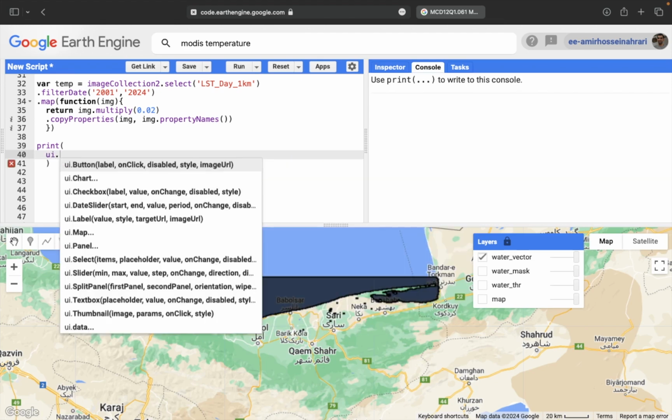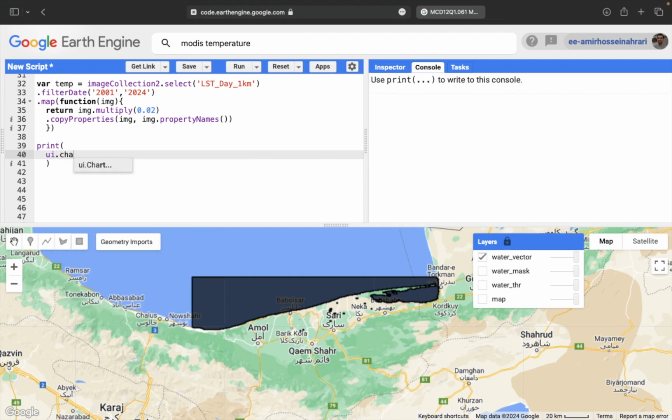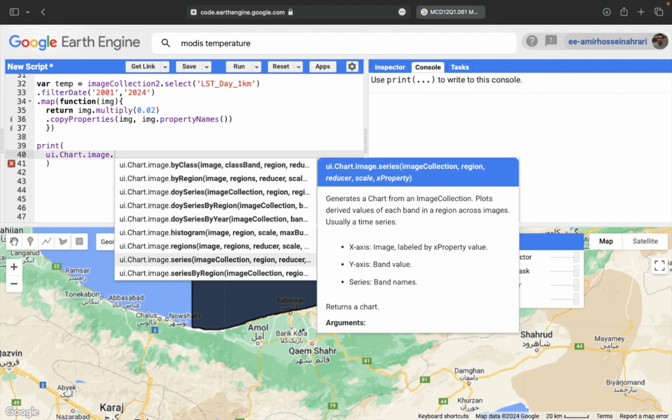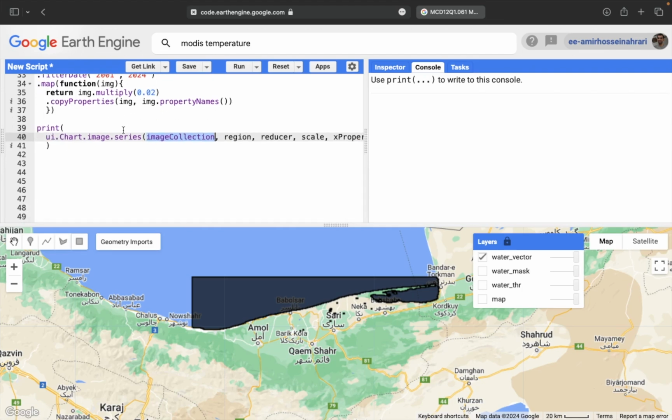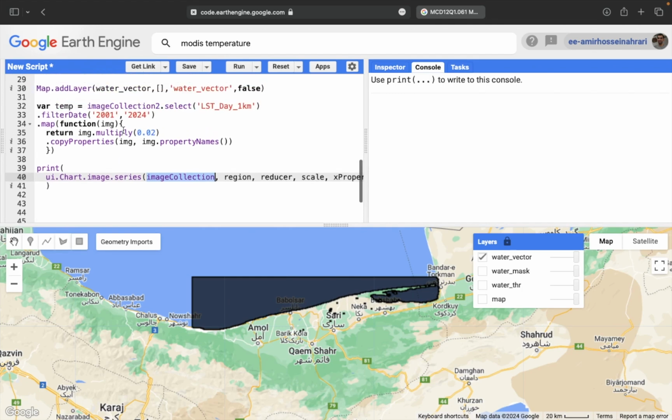ui.Chart.image.series. A couple of arguments are available here. Replace image collection by temperature because we want to show the temperature. Instead of the region, you need to set the vector layer that is created, which is relevant to the water, and here a water vector